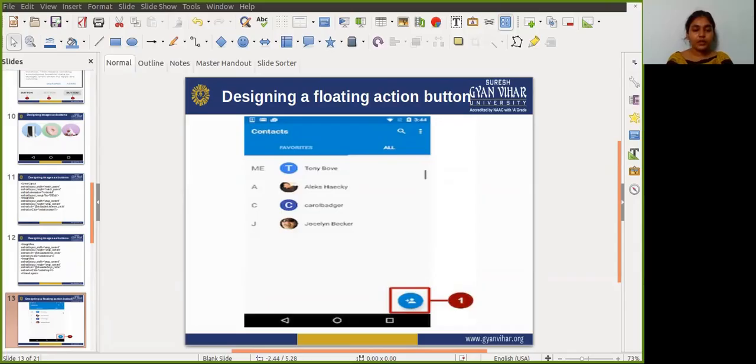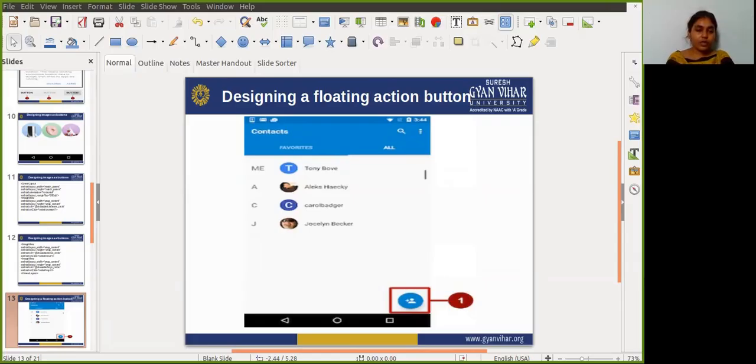Floating action buttons are 56 by 56 dp in size by default. It is best to use the default size, unless you need the smaller version to create visual continuity with the other screen elements. So you can set the mini size, that is 30 by 40 dp, with the app:fabSize attribute.